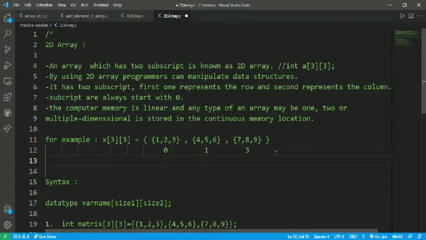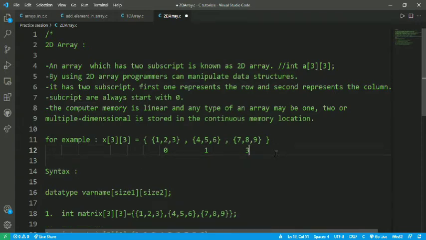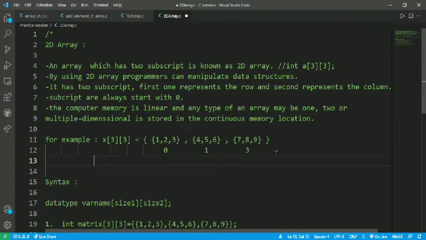And if we represent the values with the subscripts, then it is like x[0][1].